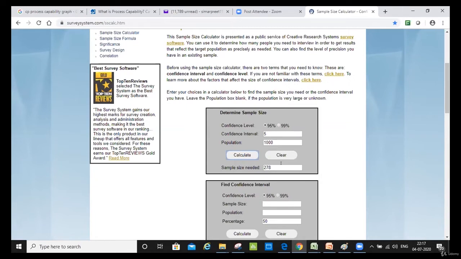Now somebody should ask me a question, which I was wondering that somebody should ask, but nobody asked. How do I decide whether I should go for 5 confidence interval, 3 confidence interval, 1 confidence interval? How do I decide that? So nobody asked me, so I'm asking you now. Who would like to answer this question? How do we decide what kind of margin of error or confidence interval I should consider here? I'm not sure, Simar, I might be wrong, but